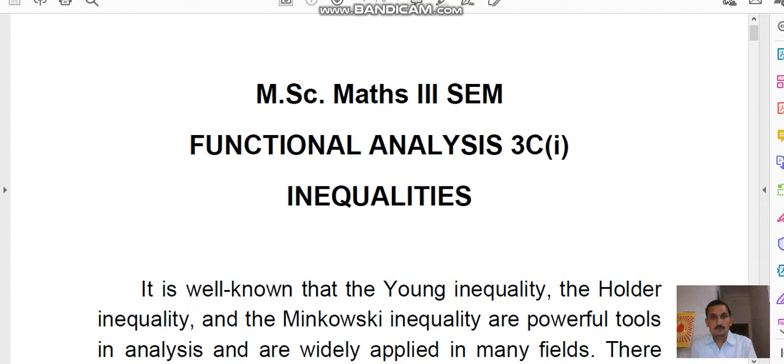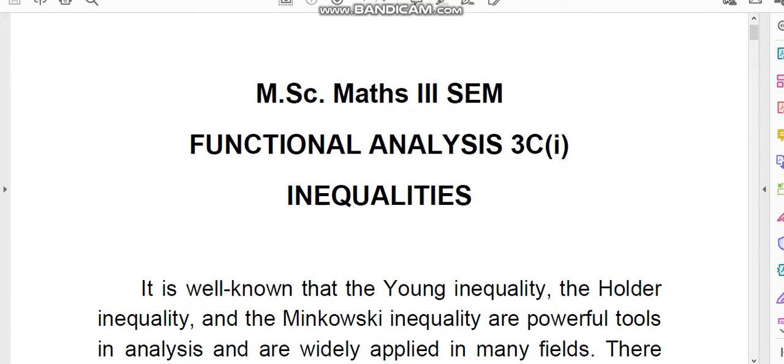नमस्कार। आज का जो टॉपिक है इनइक्वलिटीज, एमएससी मैथमेटिक्स थर्ड सेमेस्टर वाले बच्चों के लिए, और उसका 3C1 पेपर है फंक्शनल एनालिसिस का, तो उसके अंतर्गत ये आता है। तो इनइक्वलिटी जो होती हैं वो नंबर्स की प्रॉपर्टी होती हैं, और उनको अपन बाद में नॉर्म जब डिफाइन करेंगे तो वो दूसरी तरह की इक्वेशन भी कहलाएगी। तो नंबर जो होते हैं उनकी प्रॉपर्टीज हम ले रहे हैं।